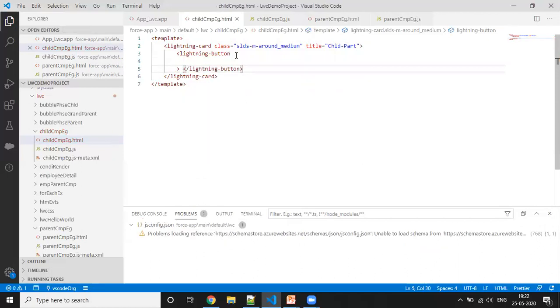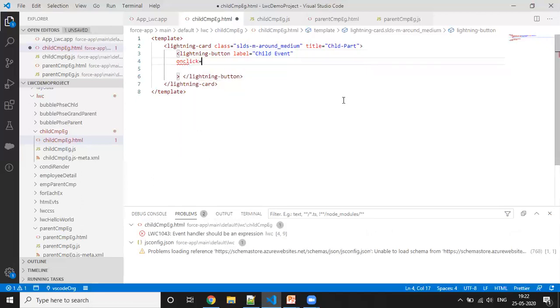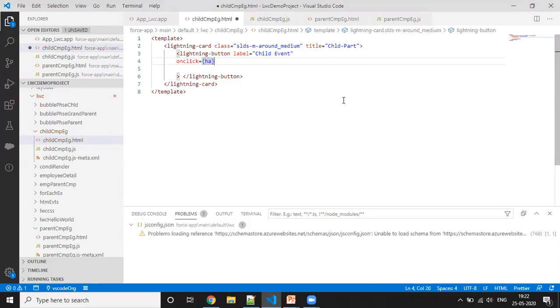As I said, let's define a label here, child event, so that during the output we can understand this is from the child event. Then on click, I'm calling one JavaScript method, let's give it handle click.